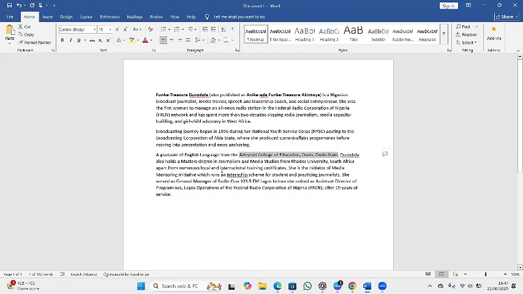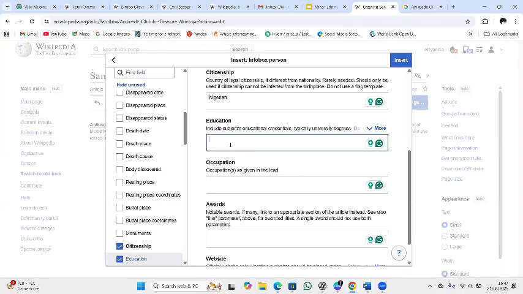And she holds, okay, her latest degree is what we're going to use. She holds a master's degree in journalism and media studies from Rhodes University, South Africa. So that's her latest certificate. That's what we're going to use. We will not use what she earned before that. So here, education. She has a master's degree,